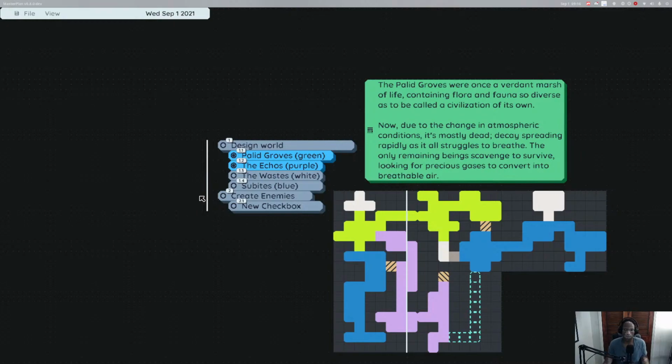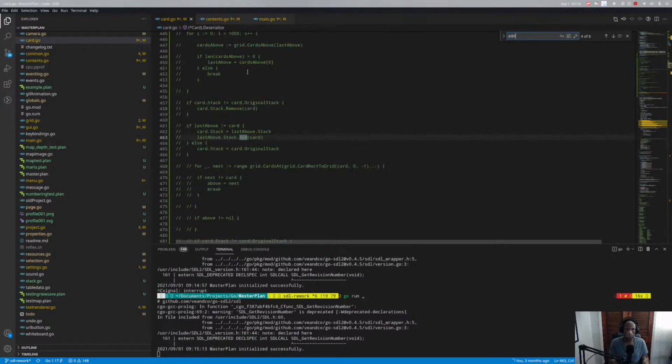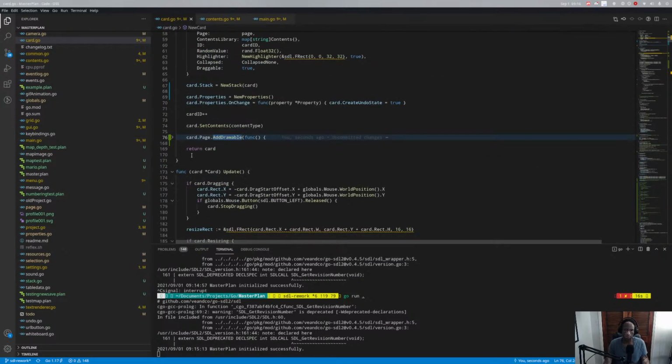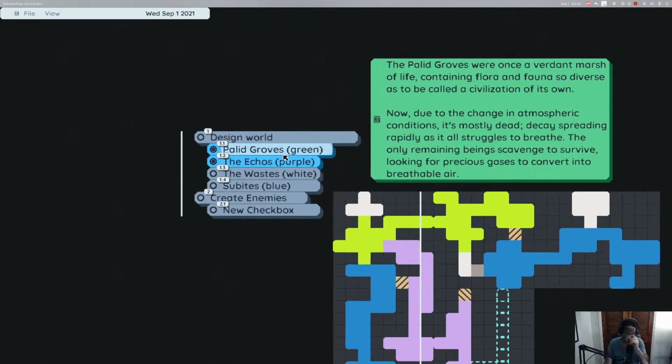I think we want the numbering to only be there if we're not editing a label, because if you're editing a label, then that can get in the way. So we probably wanted to do that. Add drawable. So this is a system I added basically yesterday, where it allows us to draw things on top of everything. Because otherwise, if we draw the